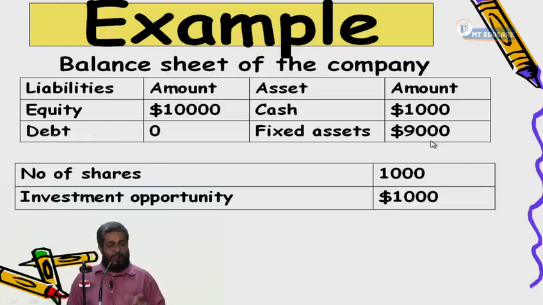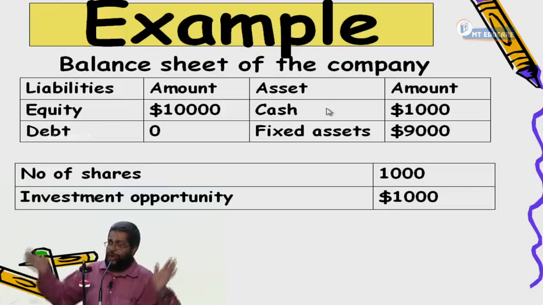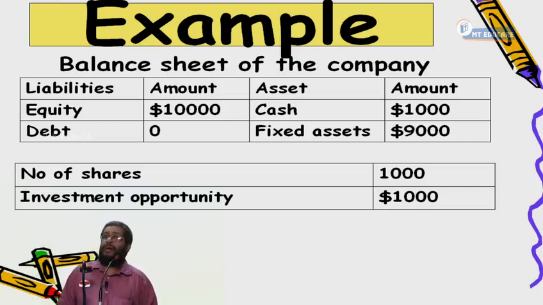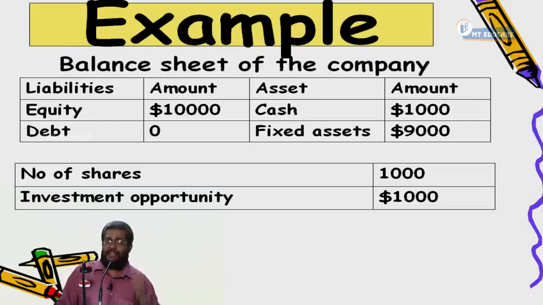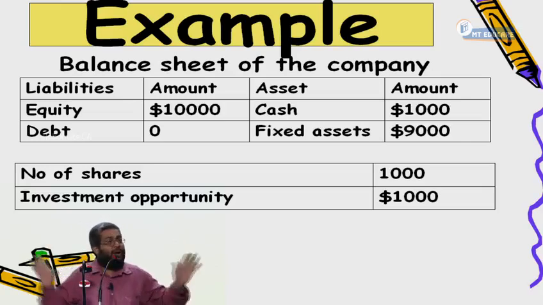The value of 1 rupee cash today is what? I can distribute it to shareholders, and they can earn money from it, or not. The value of 1 rupee cash today is 1 rupee. So the value of $1,000 cash today is $1,000. Yes or no? But the value of fixed assets is not the book value, it is the present value of future benefits. For all the projects of the company, calculate the present values. That becomes the value of the fixed asset. So this is a $10,000 company having 1,000 shares, so the value of every share is 10 rupees. That is the market value of the share. Point number one. Accept or not?